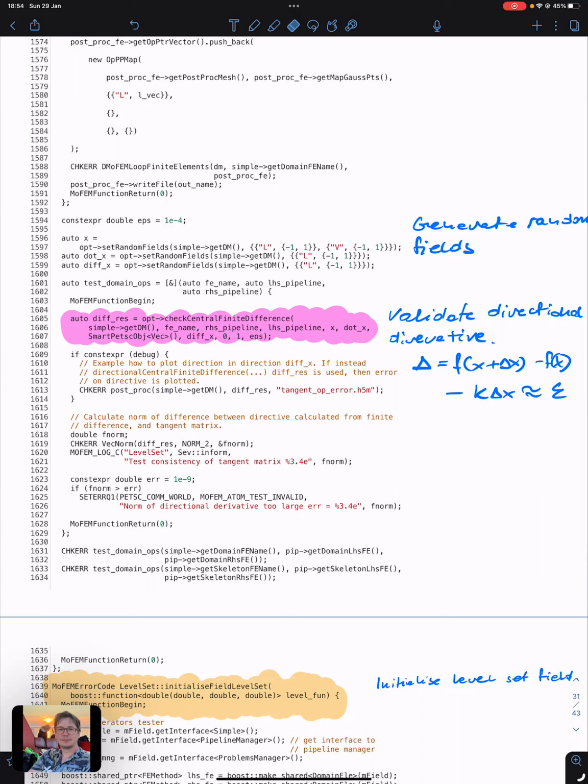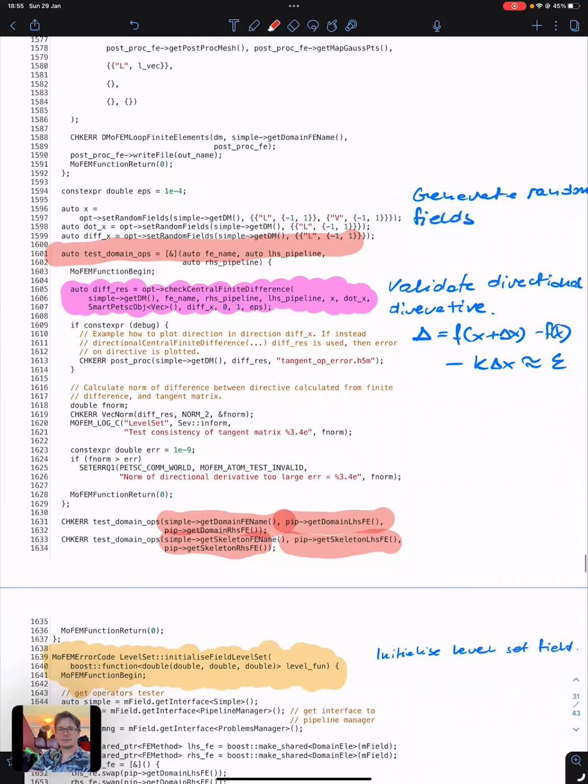So basically, first I run this function. This function takes an argument, the domain element or skeleton element, then the domain name of the element to evaluate the left-hand side for a skeleton, and then it calls this function, which you can see over here,